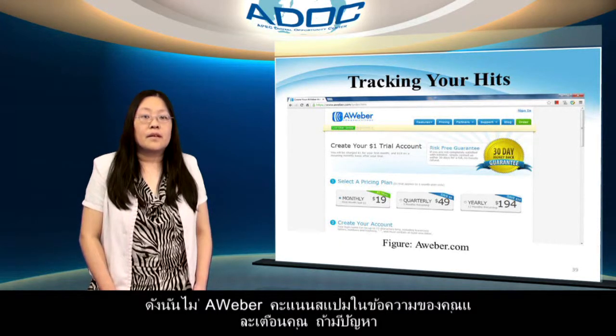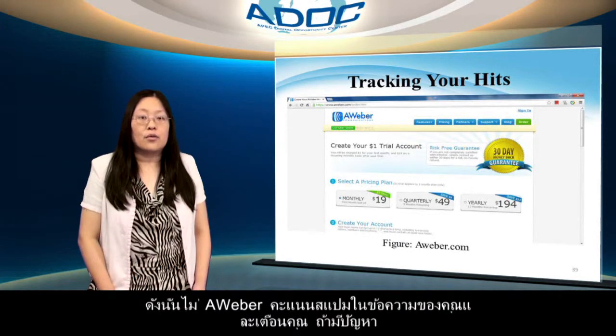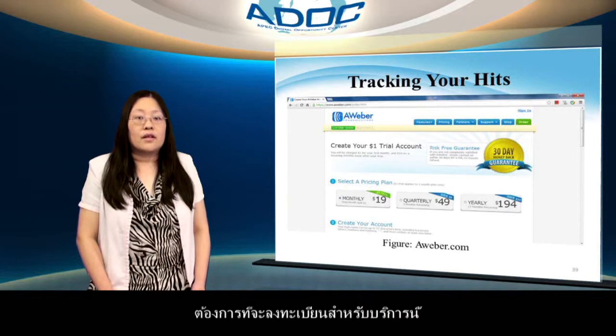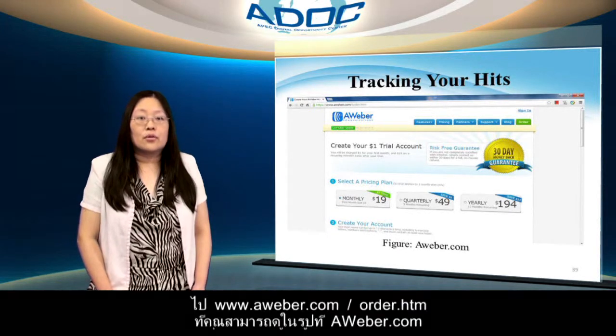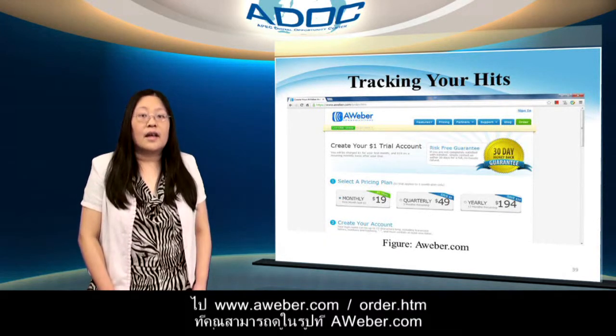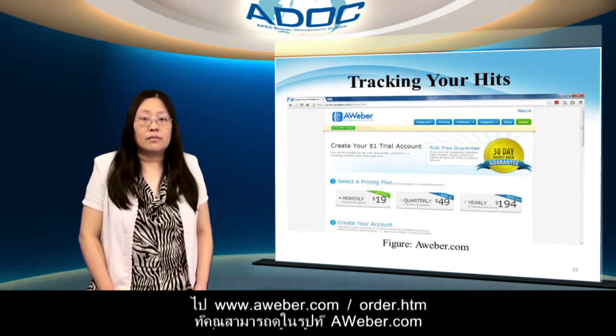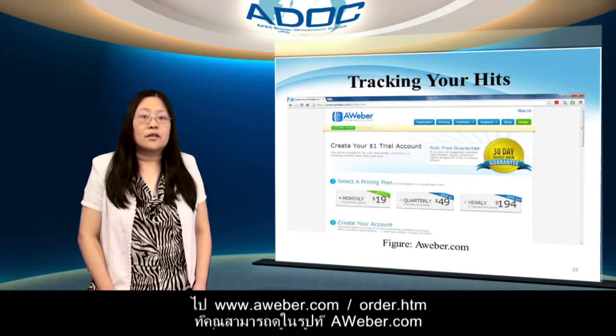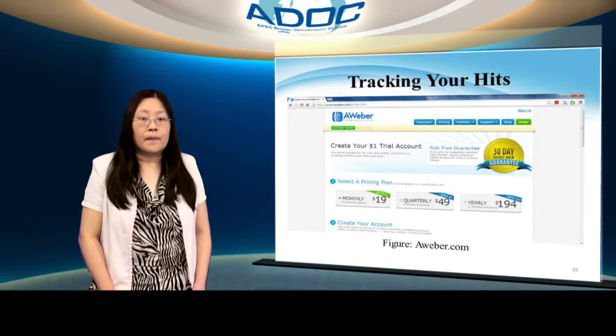So AWeber puts a spam score on your messages and warns you if there's a problem. Want to sign up for this service? Go to www.aweber.com, as you can see in the figure.